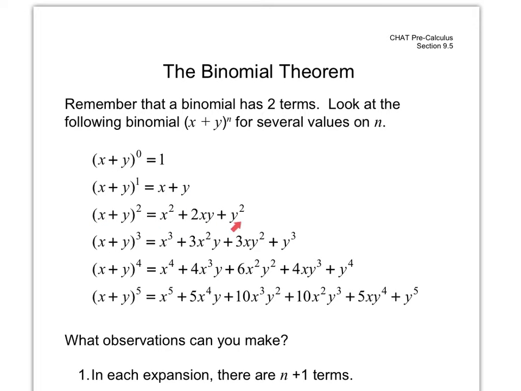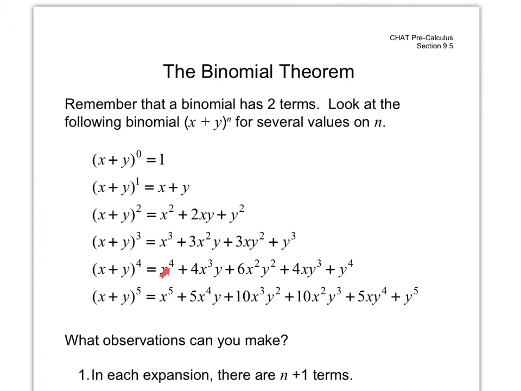And now here's where it starts getting a little messier, because when we square and cube and all this, we have to continue to do FOIL and FOIL and FOIL until we get these. But what I want you to see is some patterns that arise. First of all, one thing you might notice is the number of terms is always one more than the number you see here. Also, the first term is going to have that same exponent, and then it's going to go